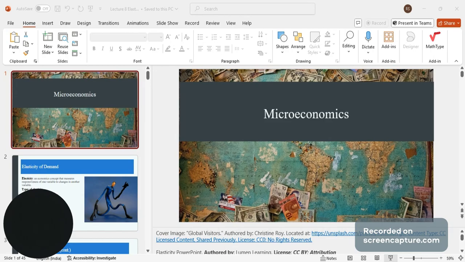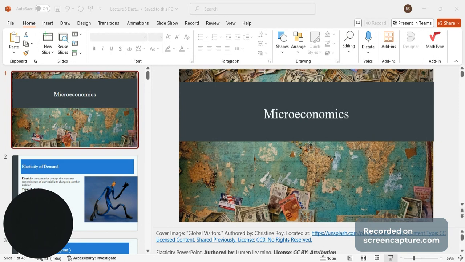So, as we have discussed, what is elasticity? Basically, when somebody says elasticity, it means responsiveness. So what is the meaning of responsiveness in this? Basically, a change in one variable because of a change in another variable. For example, if there is a change in the price of a product, how is the quantity demanded changing because of the change in the price of the product, right? So this is called elasticity, right?